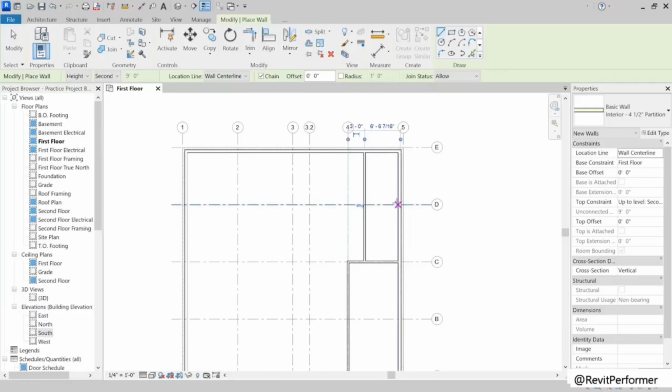So we're going to come down here to D. We're going to come over here to 3. And now, notice the chain is still going because they only hit a grid line. A grid line is not necessarily a component. It's not a recognized modeled item, so you can keep going.